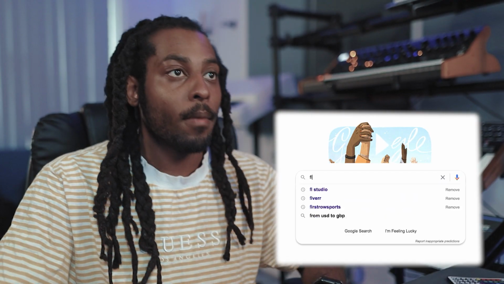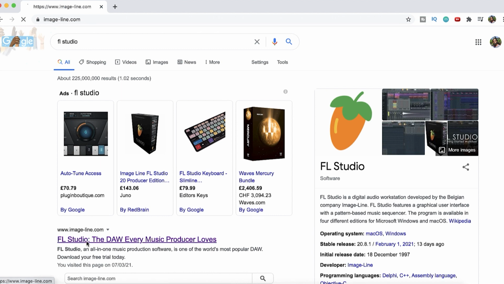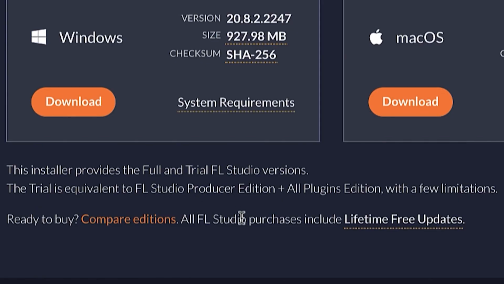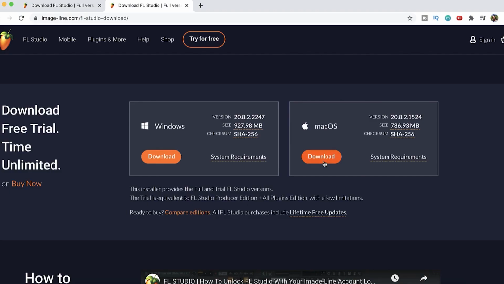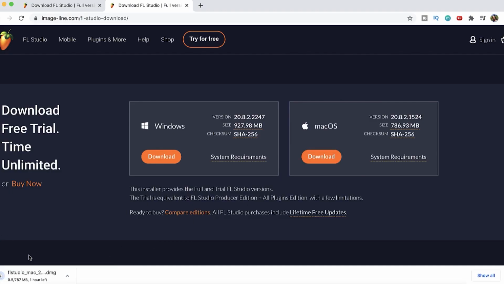Let's get to it. Alright, I'm gonna go ahead and download FL Studio. I know you can buy it, but I think they've got a trial version. Maybe I'll just get the trial instead of buying it straight away. Let me see what the difference is real quick. The trial version is the same as the producer edition, just with some limitations. So maybe I'll just download that for now. If I like it, maybe I'll buy it afterwards. Alright, let's open up FL Studio